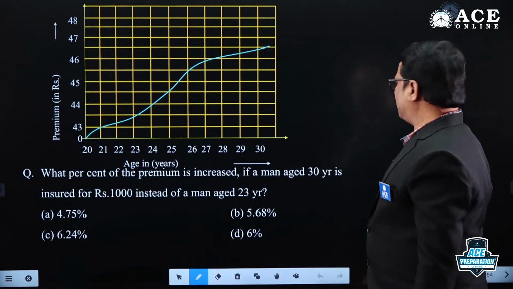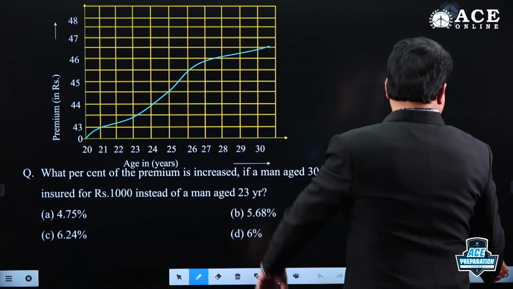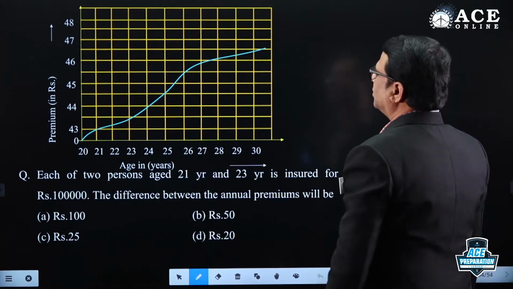What percent of the premium? No, there is a mistake in this question. I just skip this question. Right. Now,